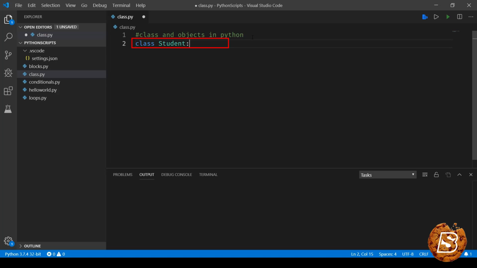Then you need to put a colon, and next in your class you can have attributes like name of the student, date of birth, email ID of the student. All these things can be provided as a student attribute. So here I'll say name of the student, and let's initialize it with blank. We'll have address of the student,